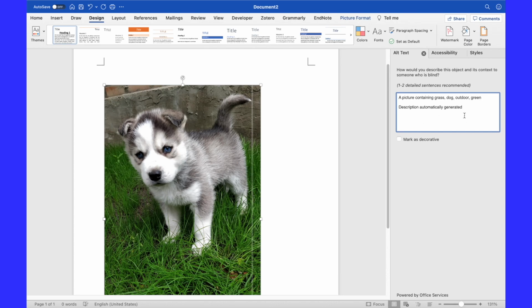Now this is from the picture itself, but what I could do, and I think this was actually auto-generated by Google, but I'm just going to type in cute husky puppy standing on grass. And that to me conveys pretty clearly what this picture is. Now, if you were going to focus on other aspects of the picture, if I was more focused, let's say, on the grass, or there was something in particular I wanted to show in the background, I think there's like a wall, I could mention those things if they were more relevant.